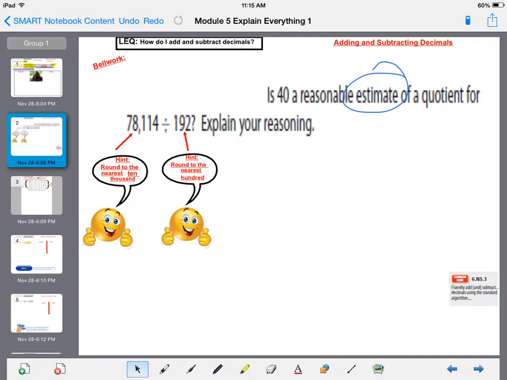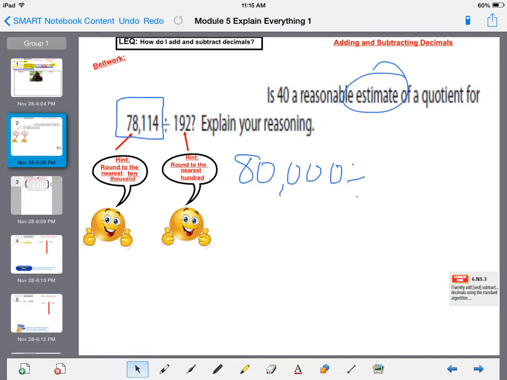So we're going to start with 78,114. Again, we're going to think about rounding it to the highest place value, so the nearest 10,000. And so we think 78,114. If we saw that on a number line, would that be closer to 70,000 or 80,000? And so 78,114 is closer to 80,000. We're going to divide that by